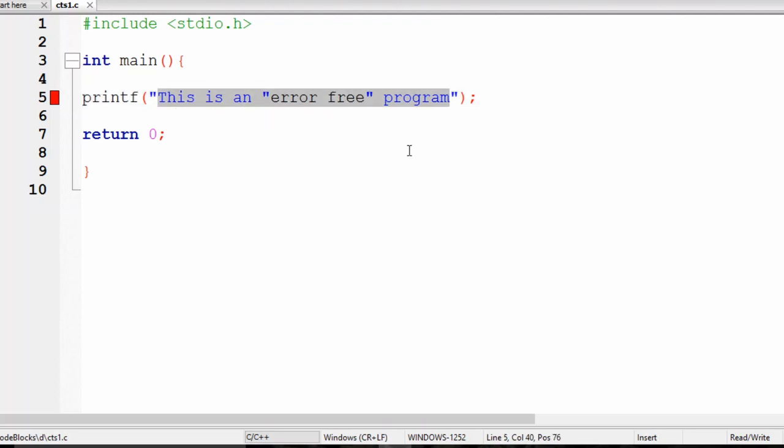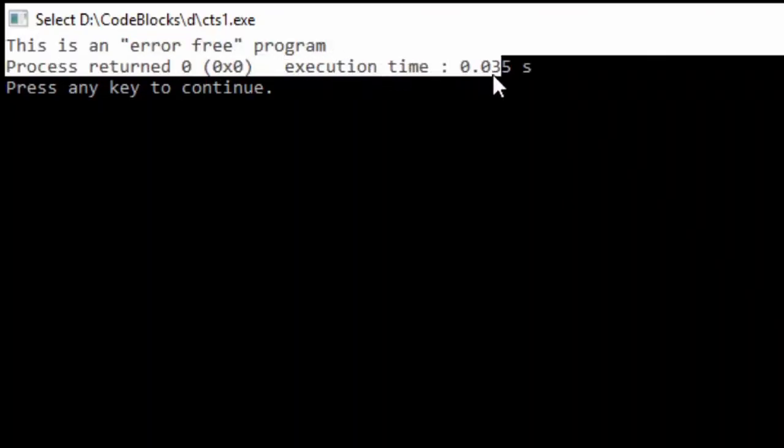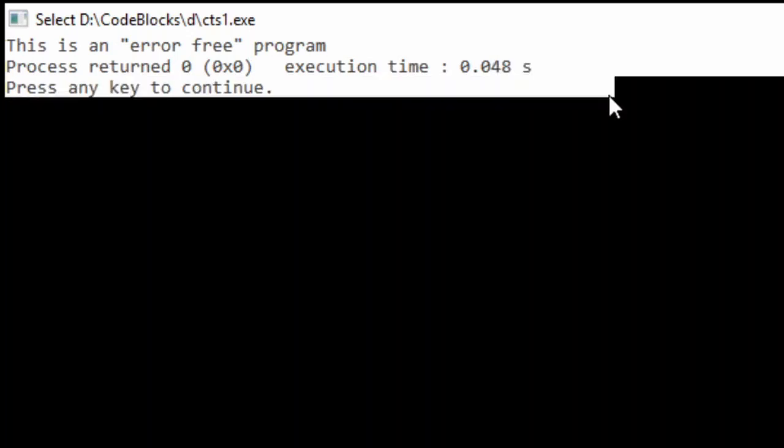If you see inside printf we have a message, "This is an error-free program." To display this message, we will have to display these quote characters also. For displaying these we will have to use a slash. As you can see, if I use these slashes before the quotes, our entire message is displayed in blue. That means our error has been resolved. Now if I compile this program again, as you can see the red dot has been resolved, which means there is no error in this particular program. Now if I hit run, as you can see the message "This is an error-free program" has been displayed on the screen. So this was the error in this program, and you will have to find it and then you can submit your code.